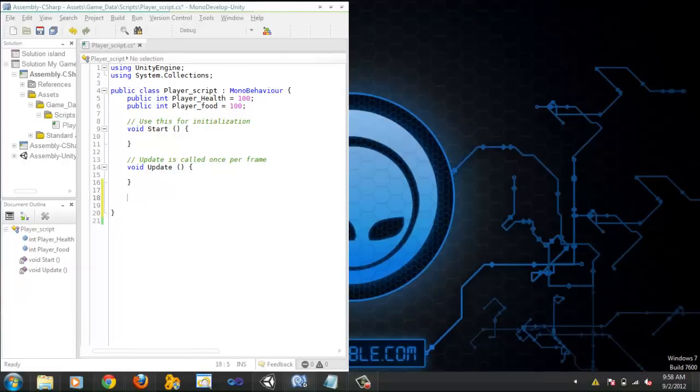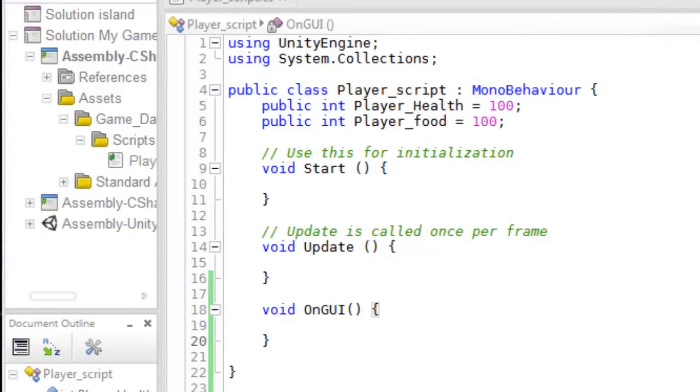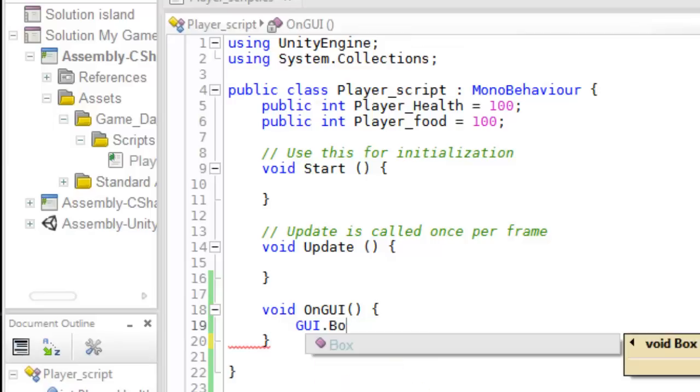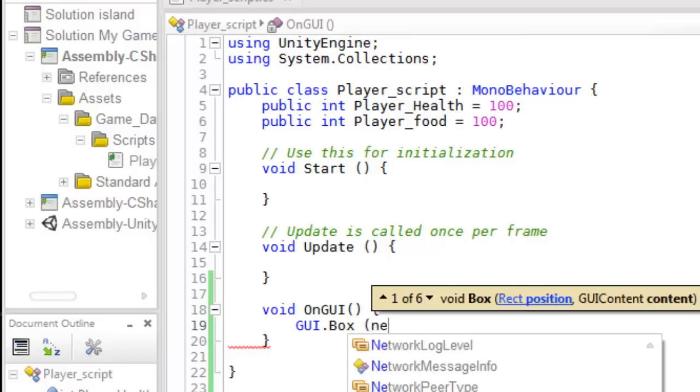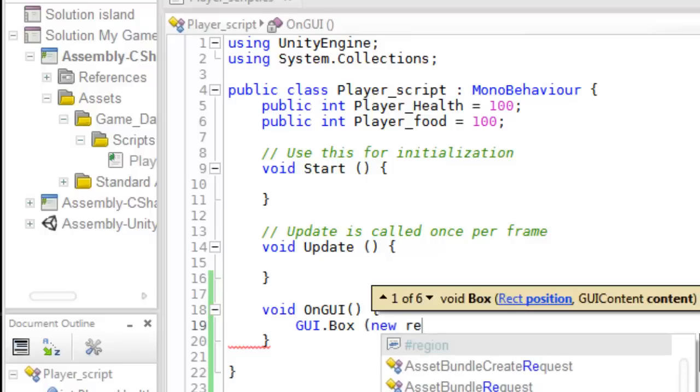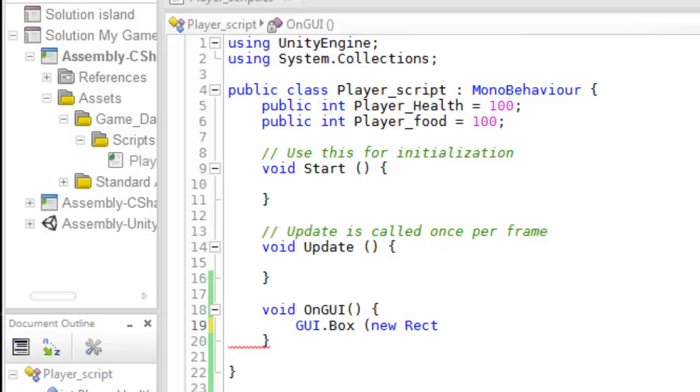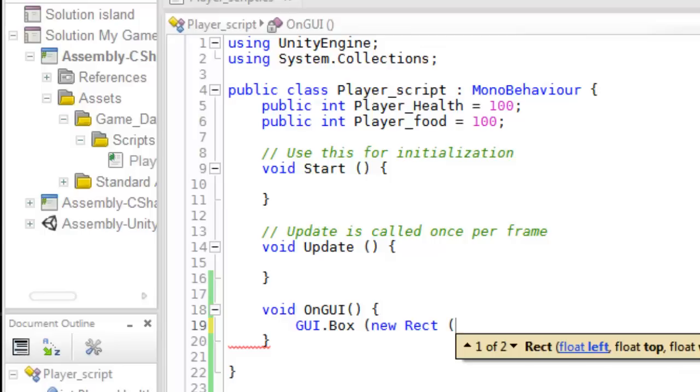So let's begin. The first thing I'm going to do is create a void OnGUI, and then in here let's create a new GUI box, so GUI.Box, and it's a new Rect, and we'll make this 10 down from the top, 10 out from the left. Actually, let's put this more to the side. So 5 from the top, 5 pixels from the left, and then